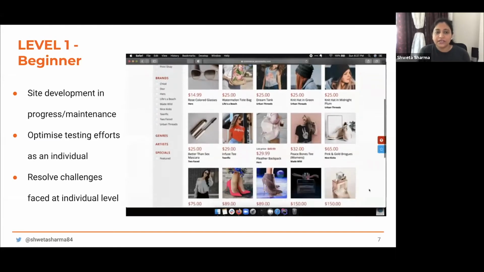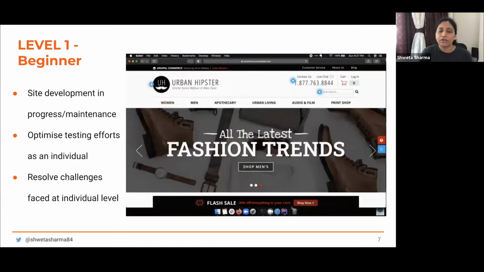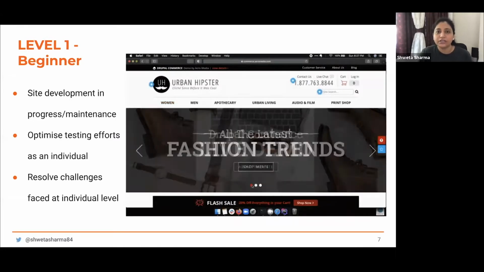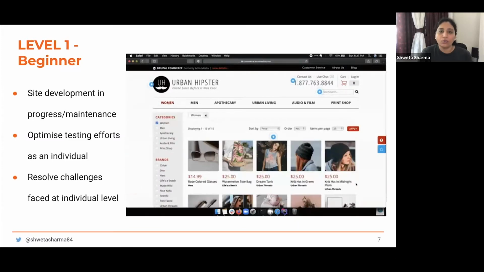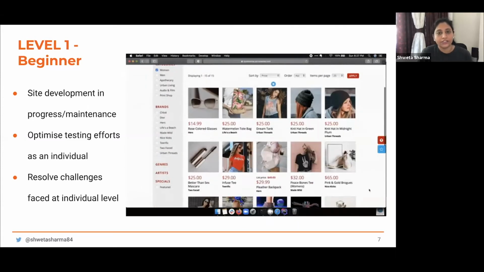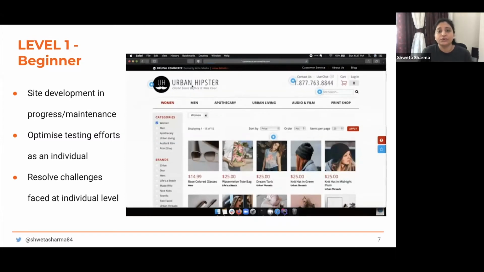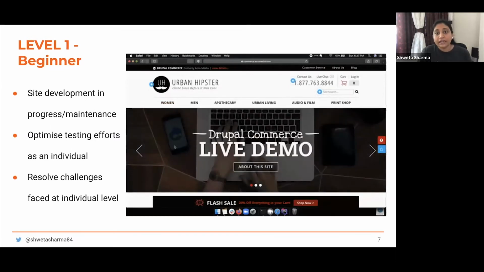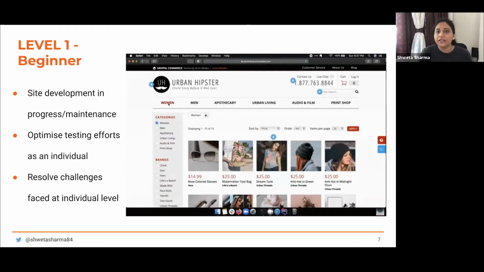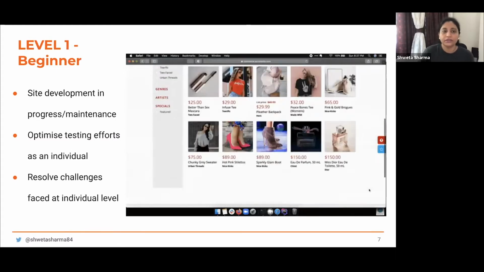For today's presentation, I have adopted a very different format that I'm going to try for the first time. I'm going to talk in an incremental fashion in levels, so that depending on what level you are at, you would be able to relate to it very well when it comes to the objectives you're trying to attain, the challenges you might potentially face, and the corresponding resolutions. We'll also talk about some good practices around it.